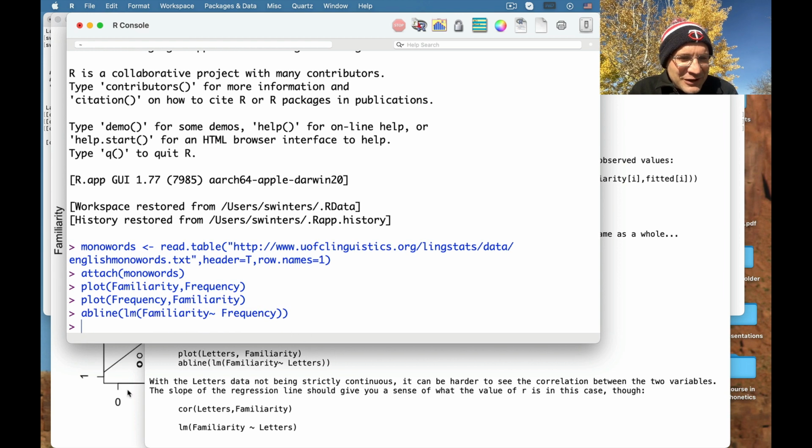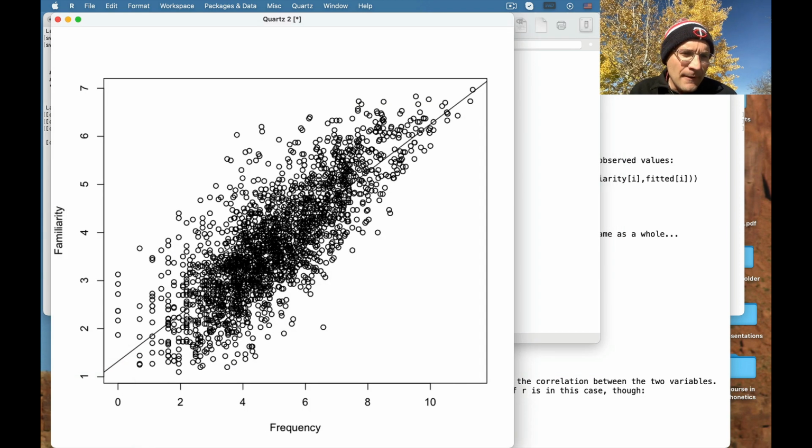And then we'll plot this regression line on top of it, right? So you can think of this best fit line as just the predictions, what we can rely on in this relationship between the two variables. Or you can think of it as the signal, the idealized version of this relationship. So if there were no variation based on some other factors, whatever they might be, this is the clear connection we get between these two variables of frequency and familiarity. But we don't. We get this variation on either side of the line. So this variation on either side we're going to call error.